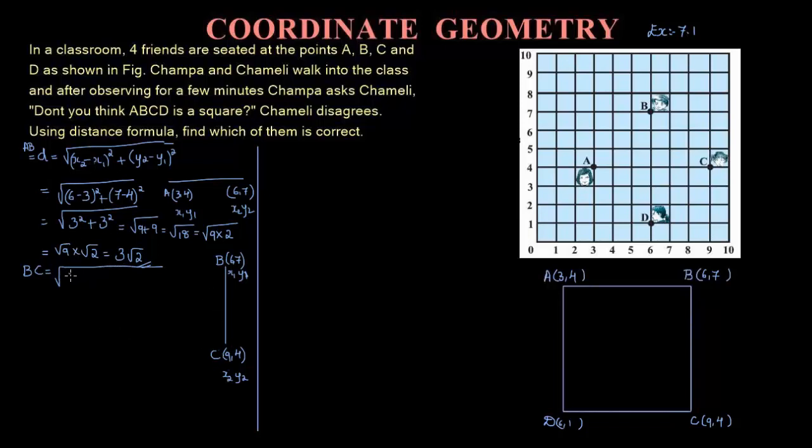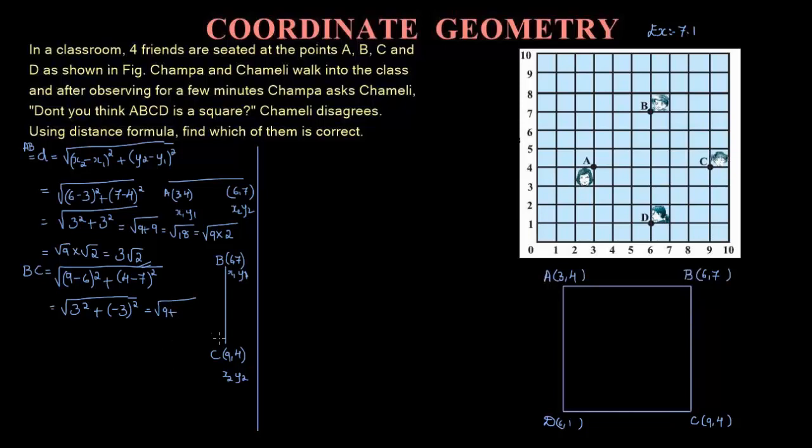X2 is 9. So 9 minus 6 whole square plus 4 minus 7 whole square. Then you just subtract. So 9 minus 6 is again 3 squared, plus 4 minus 7. The bigger number has the sign minus, so you will get minus 3. You know that one is plus and one is minus, so you need to subtract it. So 3 squared plus